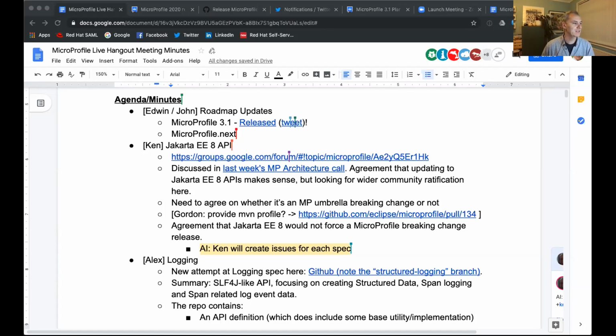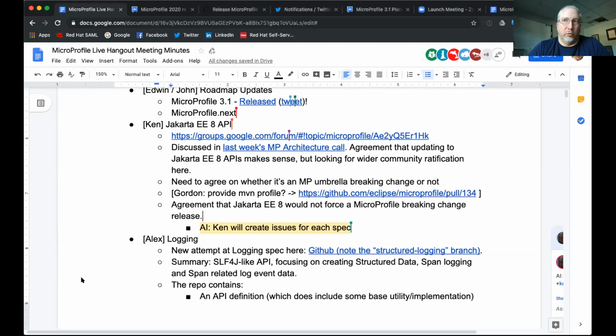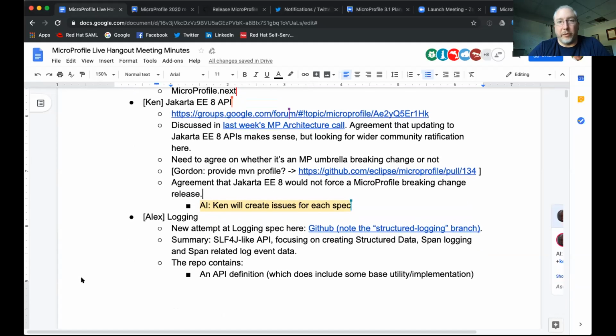We certainly need to coordinate in some ways. Once things split, we can't have one spec going to Jakarta CDI and another spec going to JavaX CDI. So I think we're definitely going to have to move anyway. For the 3.2 release, every spec will need to do a minor release that uses the Jakarta APIs instead of the JavaX ones. It's then a question of whether that's tied into creating a parent POM at the same time for everyone to use, or whether everyone's doing it on their own.